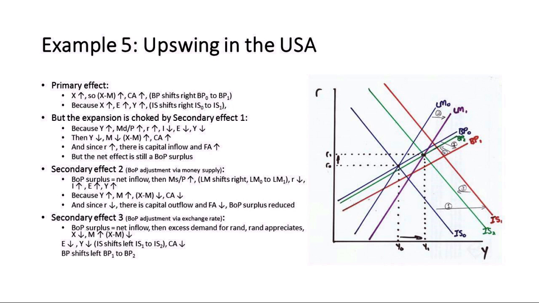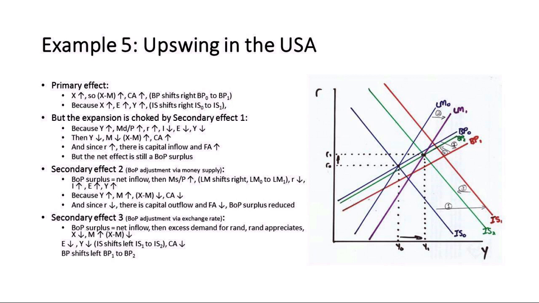Because exports increased, that means it's also an increase in spending and an increase in income, immediately moving the IS curve to the right, from IS0 to IS1. You can see this is a different story from the monetary policy or the fiscal policy effect. Now, this expansion caused by increased exports is limited in the following ways.